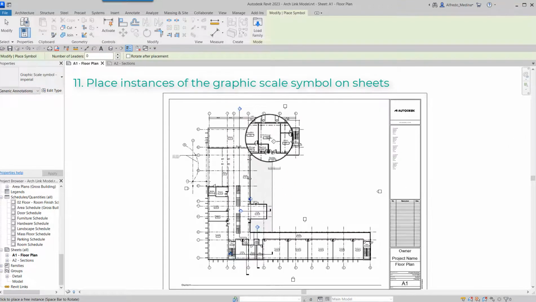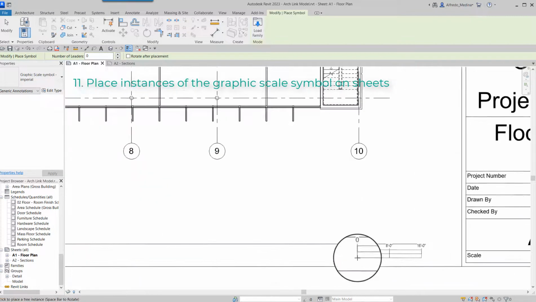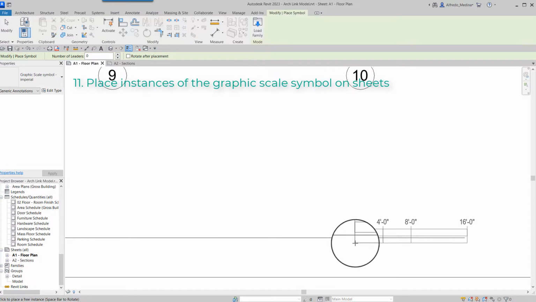And let's place it on this sheet. This view is 1/8 equals 1 foot, so we can place the graphic scale symbol here like this,